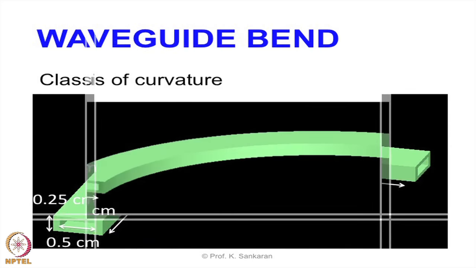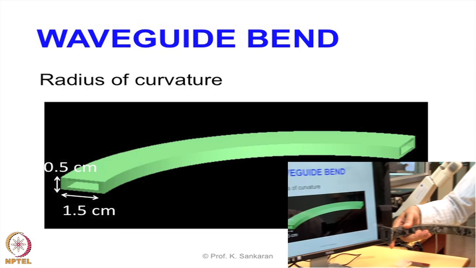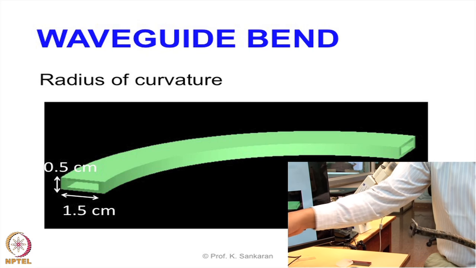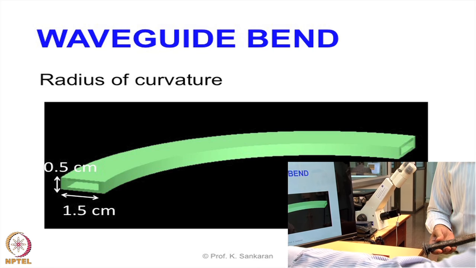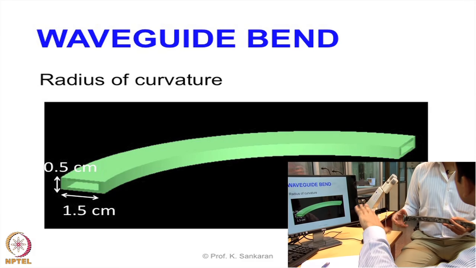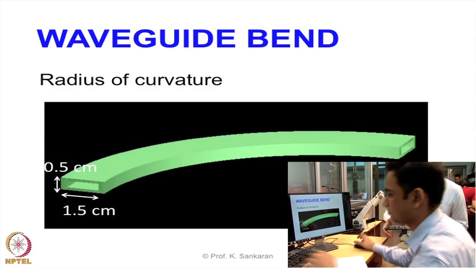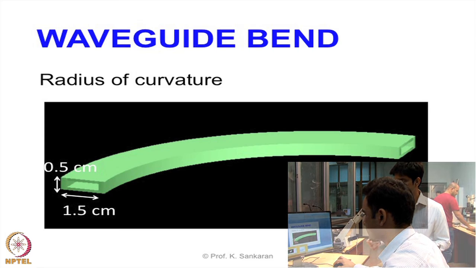And then you have also done a radius of curvature. So basically this is pretty much like curving it like this. And the dimensions are pretty much the dimensions that you have taken from here. These dimensions correspond to a maximum wavelength of 3 centimeters. Okay, so that corresponds to 10 gigahertz. Okay, so let's see how the simulation itself is looking for this particular problem